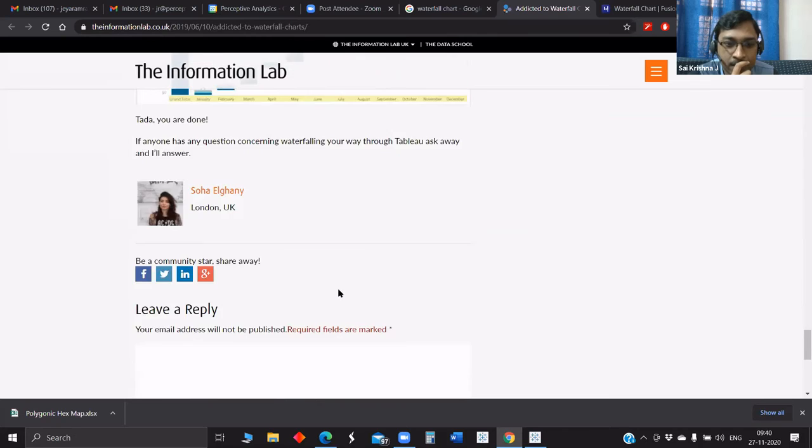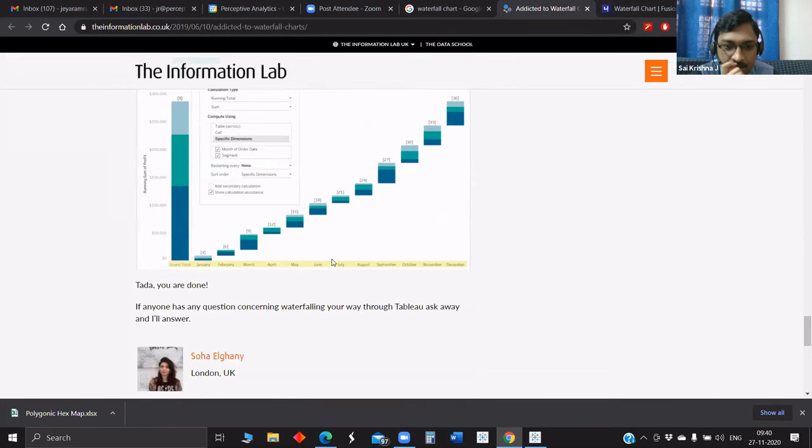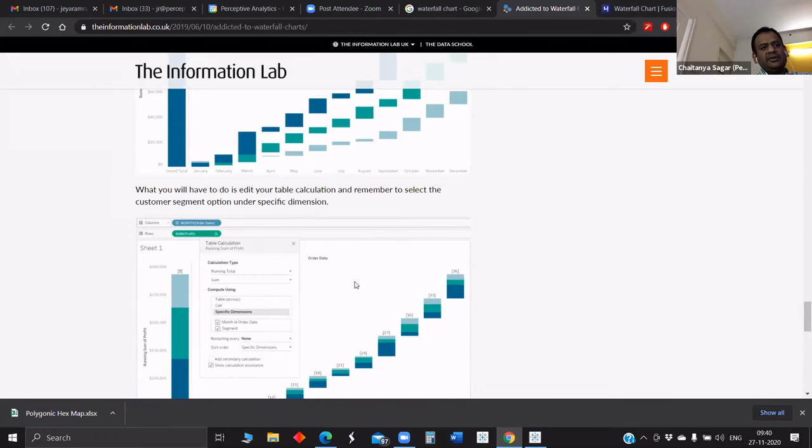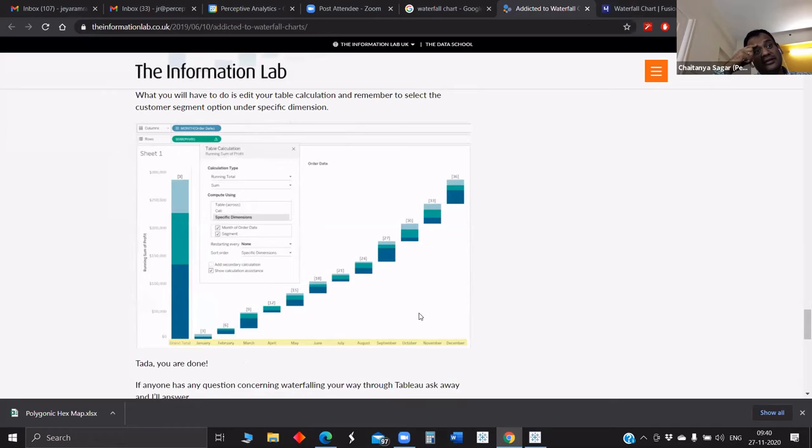I think basically they have combined three waterfall charts into one, and for each of the categories they have shown it as a color. This is a beautiful chart that way. January to December, they are showing not only the waterfall but the split in the waterfall for each of the months, adding up to the total. Not only can we use this for months, but also for multiple categories of reasons, and within those you have variant 1, variant 2, variant 3 of the reasons. This is a very beautiful chart to use. In fact, it's a very difficult chart for us to lay our hands on. Do you get what I'm saying?